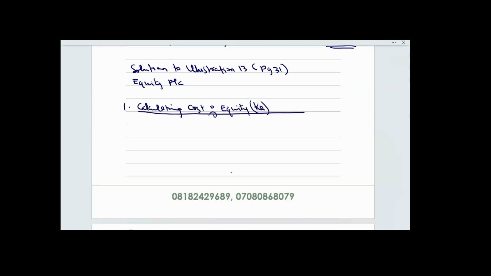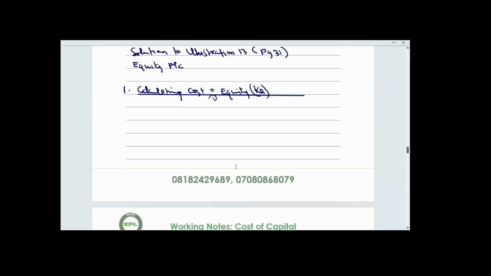All right. So to now calculate my cost of equity, which is denoted as KE, I need to ask myself, how am I going to calculate cost of equity? Am I using dividend valuation model? Am I using capital asset pricing model? Or am I expected to use Miller and Modigliani to get my cost of equity?